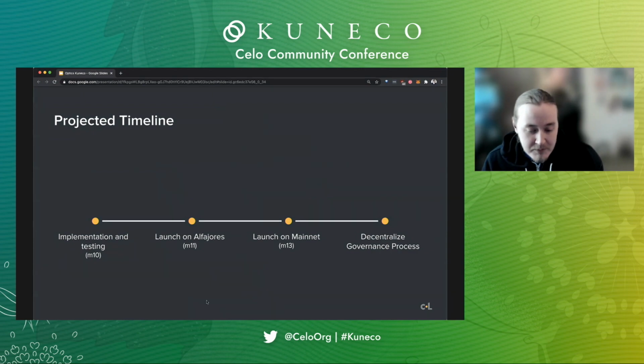So the timeline for Optics: these are internal milestones, so please forgive them for being a little opaque. We're almost complete with implementation and testing. We have the on-chain contracts, we have the off-chain agents. Everything seems to be working okay. We're missing a few features, but we're going to be launching on testnets very shortly, within the next month.